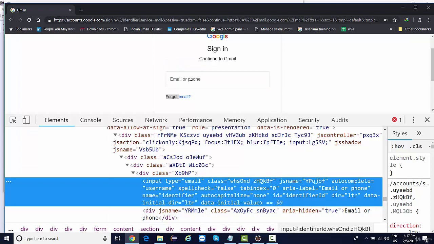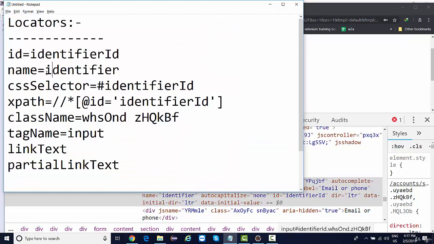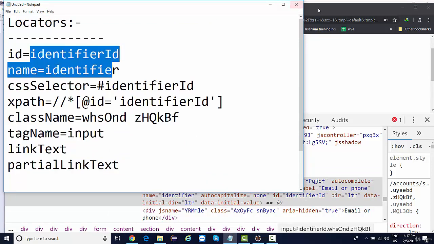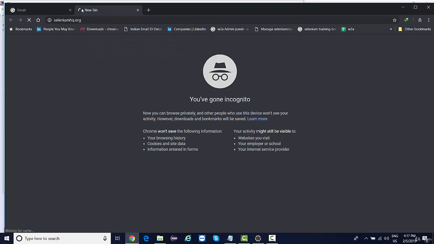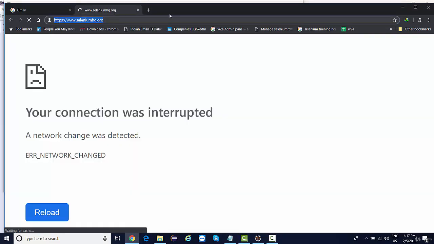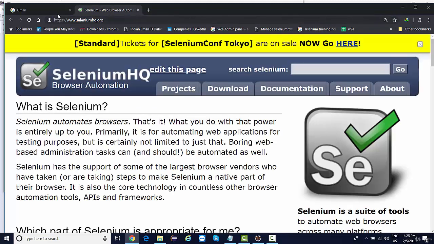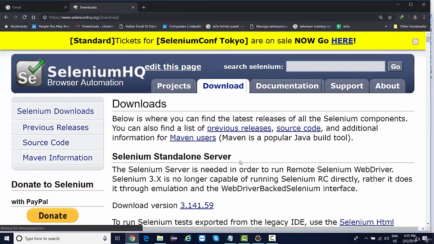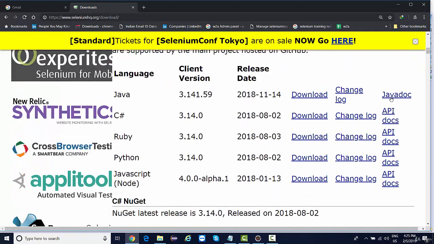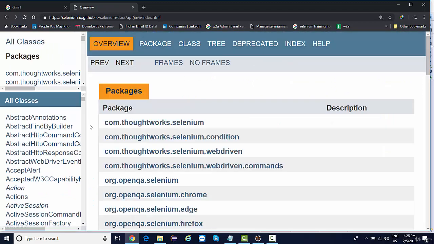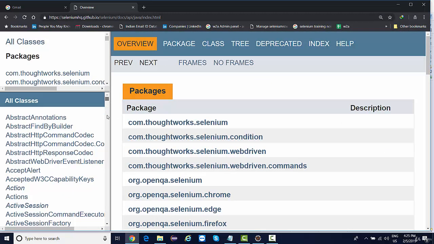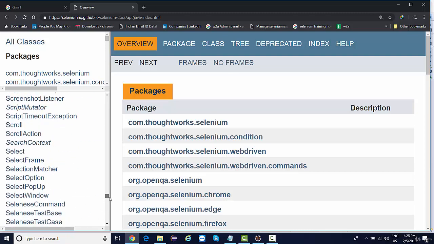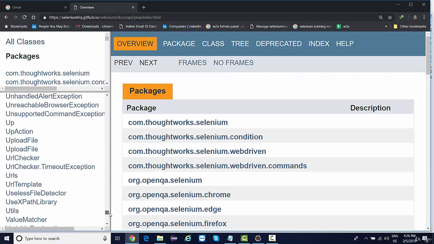So let's try to hit the very first element where we got the ID as identifier ID. Now, as I said, when we navigate to seleniumhq.org and look at the Java document, just give me a moment. So on the main website of Selenium, if I go to download, and over here, if I navigate to the Java document, the very first point of contact should be your WebDriver interface. So if I go down and take you to the WebDriver interface,